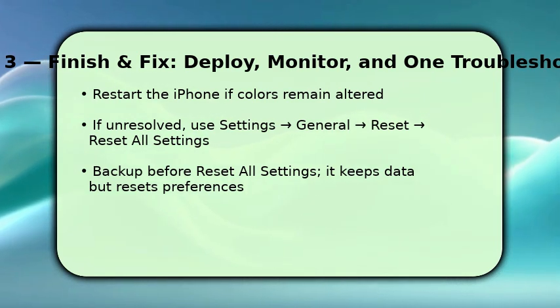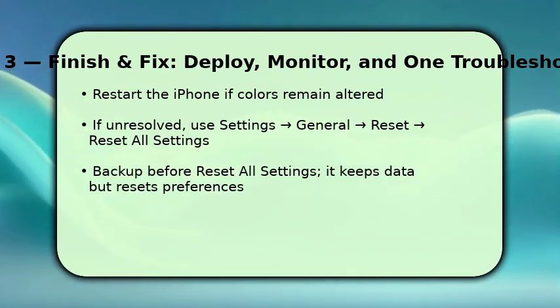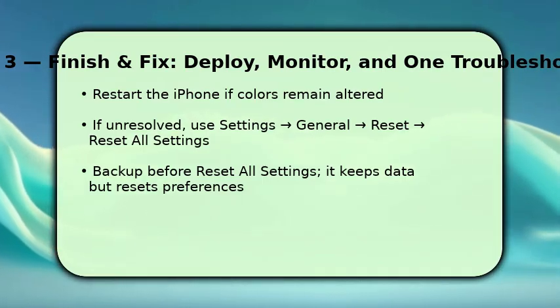Go to Settings, right arrow General, right arrow Transfer, or Reset iPhone, right arrow reset all settings. Make sure you back up first. This keeps your data but restores preferences to defaults, which removes stubborn accessibility settings. If that fails,